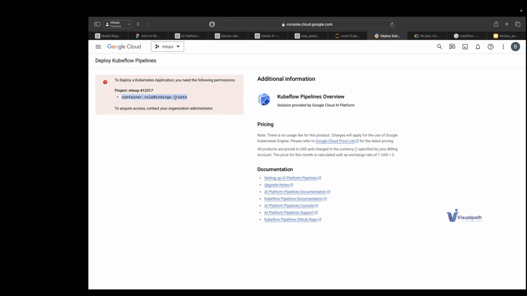It's a very heavy product, and we need to create a Kubernetes instance for this. In the background they are using GKE. If required, we can look at this service as well.